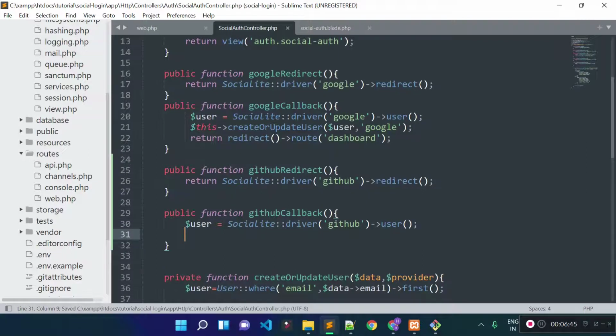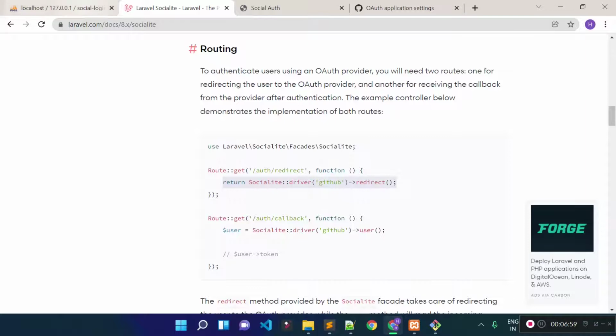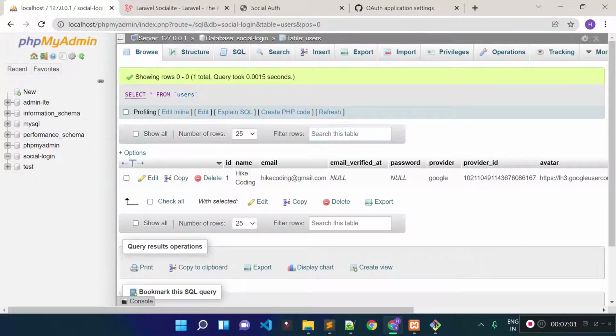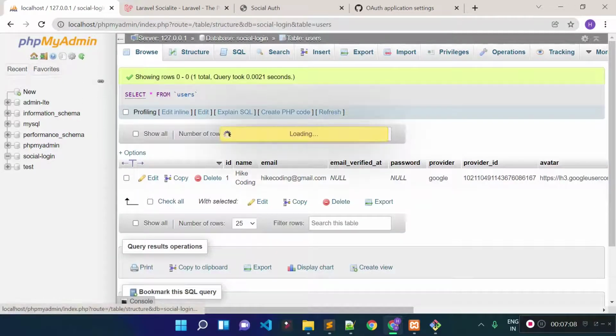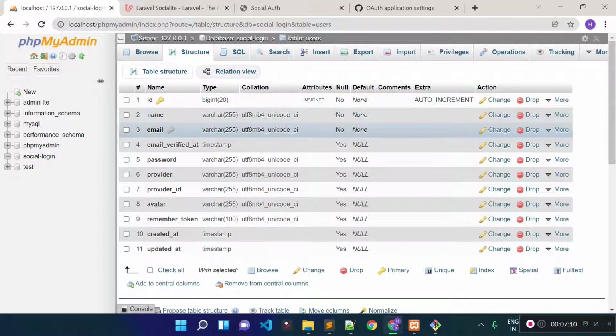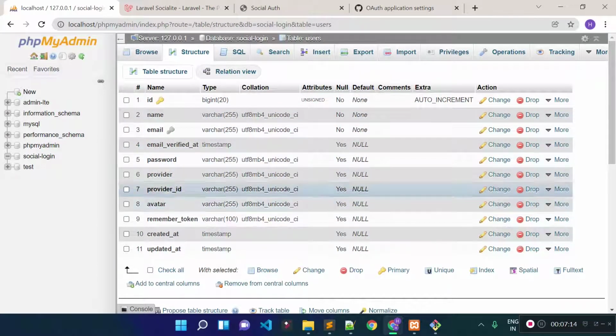So this will hold the user data which we will get from GitHub, and then we will store the data to our users table. In the previous lecture I already created users table. If I check our database, you see we have a table called users inside our database, and we have lots of columns inside our users table like name, email verified, password, provider ID, and avatar.